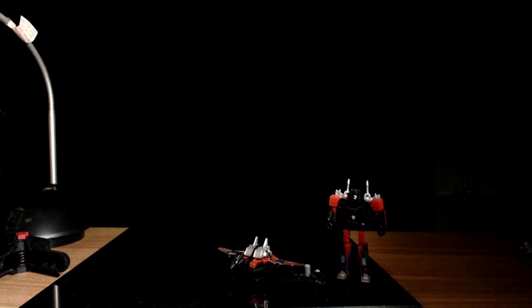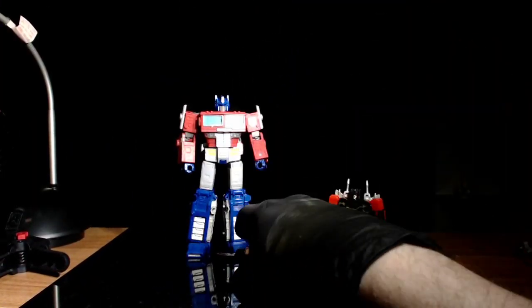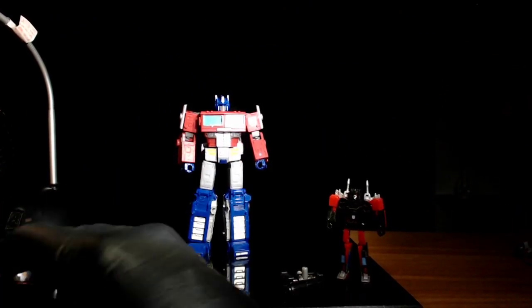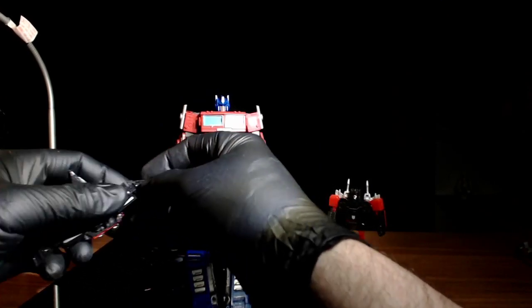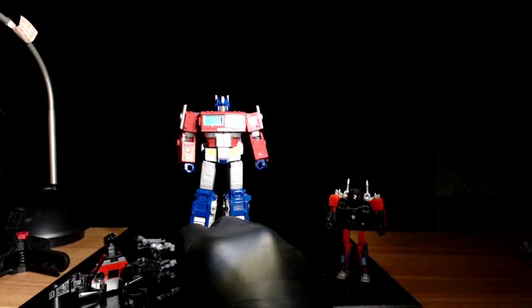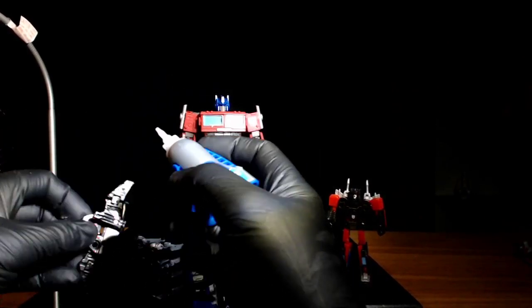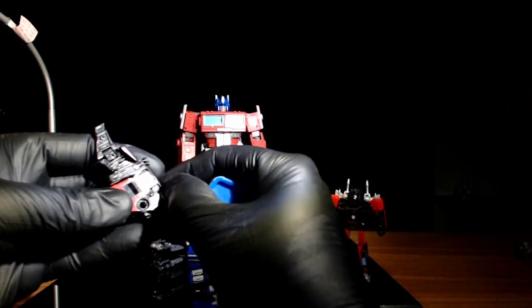I'm just going to put Earthrise Prime back front and center so YouTube maybe picks that for the poor little broken Rosebeak. Oh wait, here's some super glue right here. I said I was going to try out the Gorilla Glue, but you know what? I'm just going to try out the super glue, since I got it right here. Just got to be careful not to...